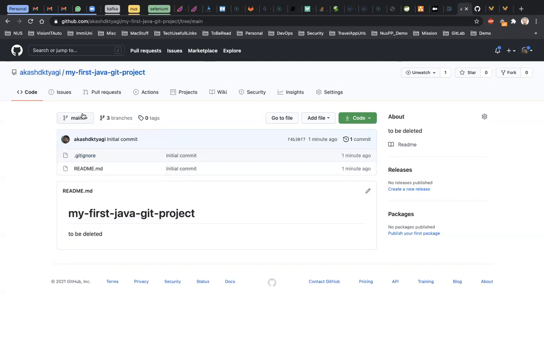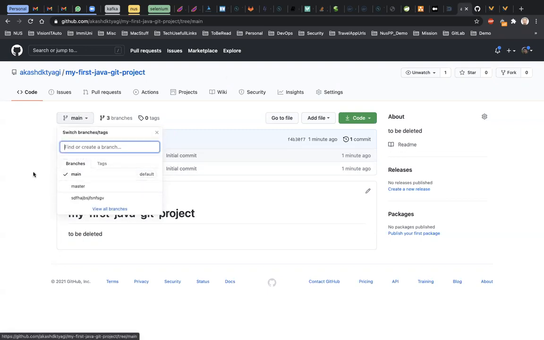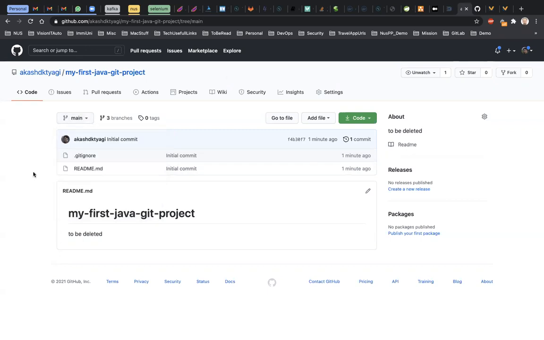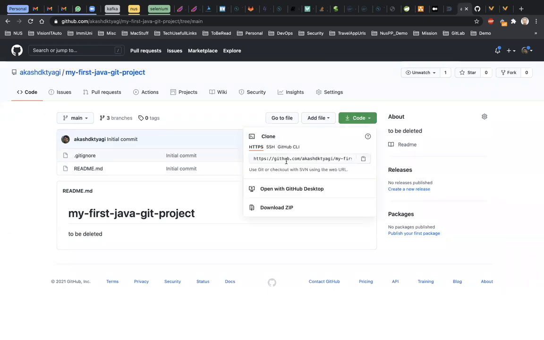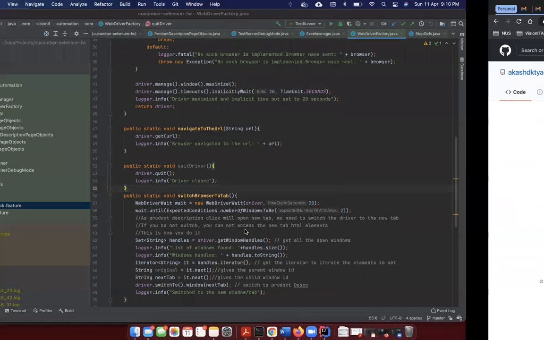Now assume, as I said, we are on main. This is our main branch. Now we have to start doing what? We have to start pushing our code inside this specific repository, isn't it? So two ways. One way is you clone it. So you copy this, you go to your local folder,